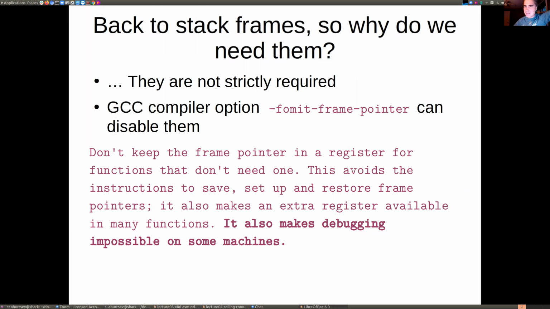The thing is that maintaining the stack frame is optional. GCC has a flag which says omit frame pointer, meaning generate code without the stack frame pointer. It says don't keep the frame pointer in a register for functions that don't need one. This avoids the instructions to save, set up, and restore frame pointers, meaning it will save you a little bit of time, because when you do push EBP and then move ESP into EBP,